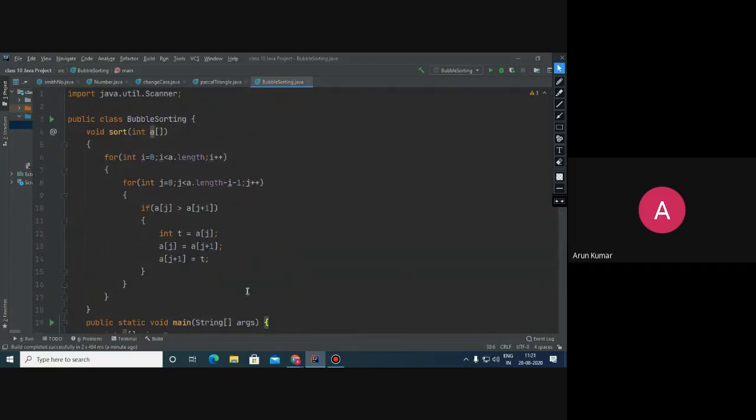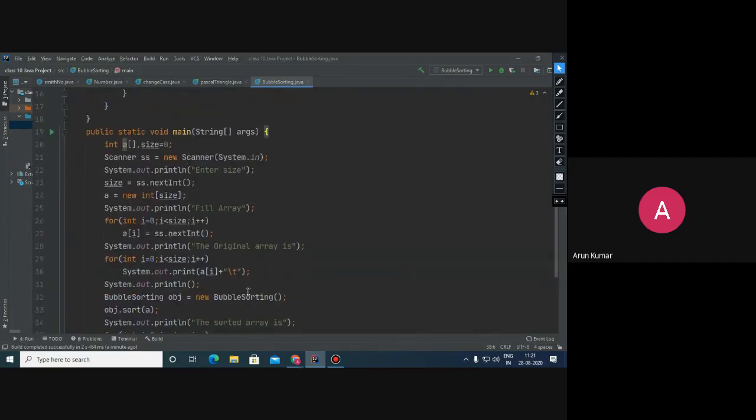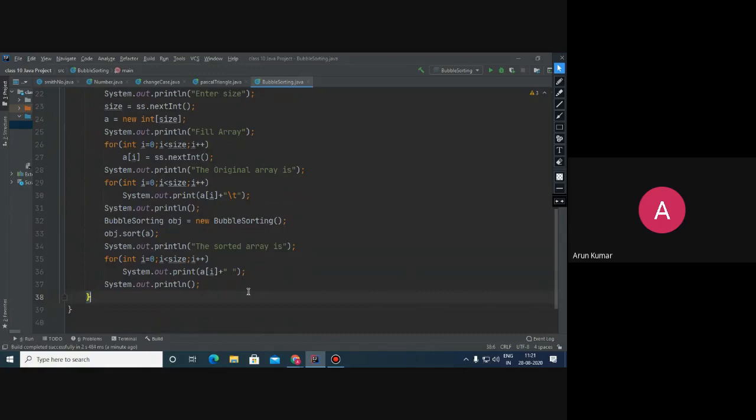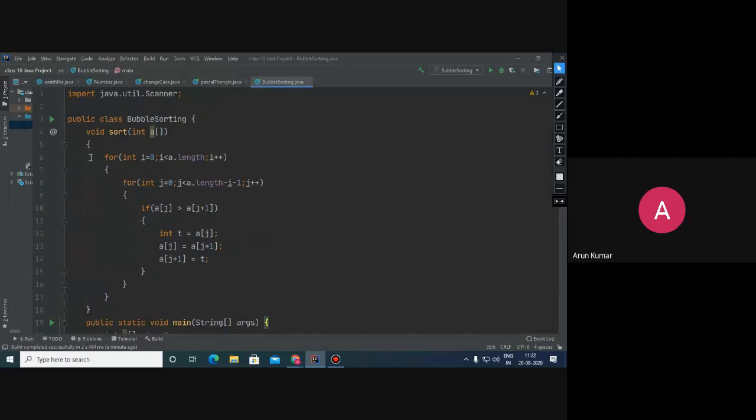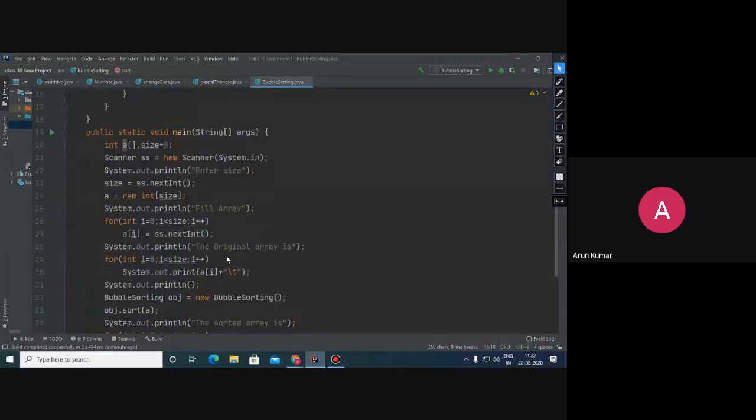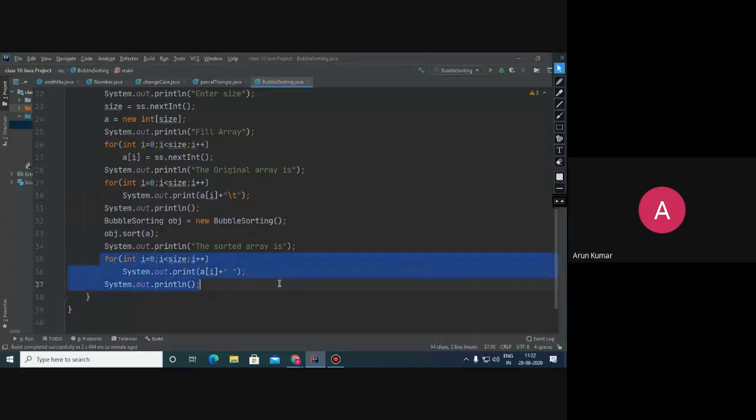So how has the sorting of the elements been reflected here? Just because the array is a reference data type. So what is the benefit with reference data type? The benefit with reference data type is that any change within the function body will get reflected at the function call statement also. So any change, if we are swapping or whatever we are doing, will get reflected here also. So this is how we are able to see the result.